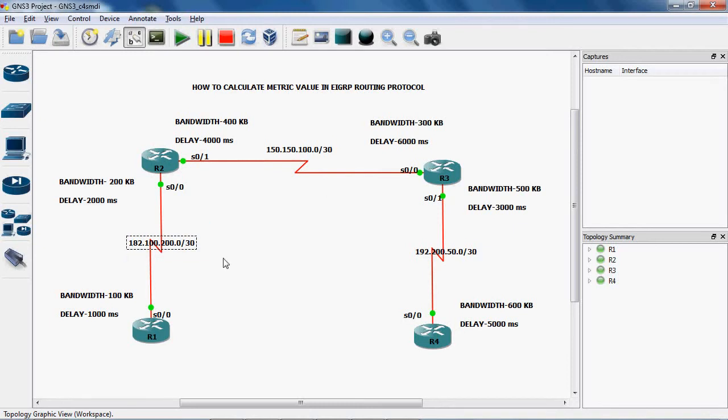Which network, through which port can the R3 router be connected to the R2 router? Through serial 0/0, so we can add this bandwidth and delay. Next, the R2 router can be connected to the R1 router through serial 0/0, so using serial 0/0 only we can connect to this network. In this port we can assign the bandwidth and delay, so using these two bandwidths and delays we can calculate the average distance and feasible distance.